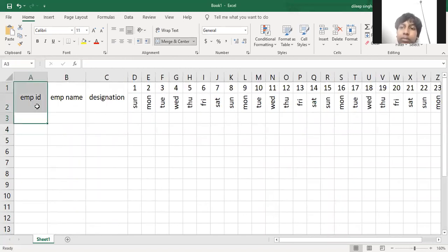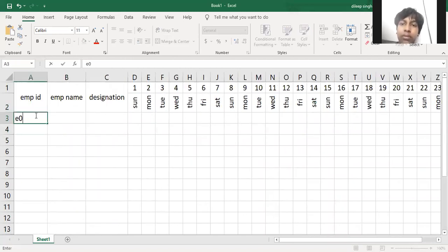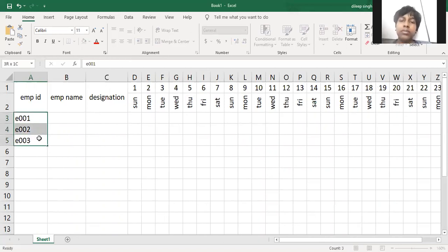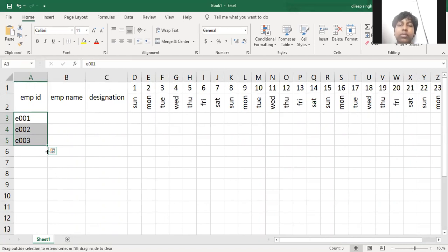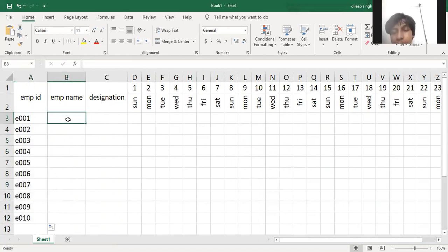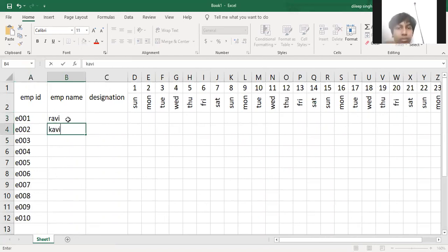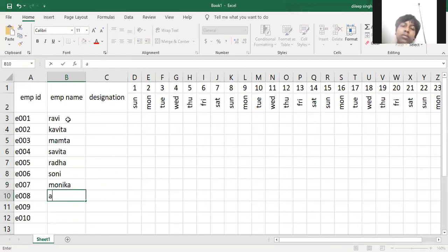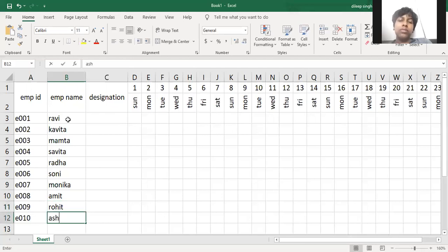For example, employee code, just type here E001, E002, E003, and after selecting this, just drag for the 10 employees like this. We will get the numbers for the 10 employees. And just type here the names: Ravi, Kavita, Mamta, Savita, Ravi, Radha, Soni, Monica, Amit, Rohit, and Ashish.